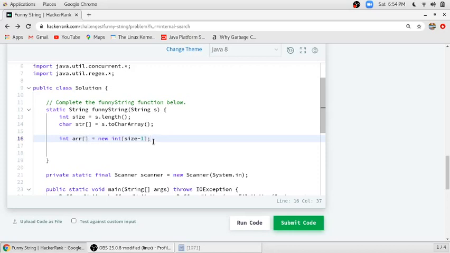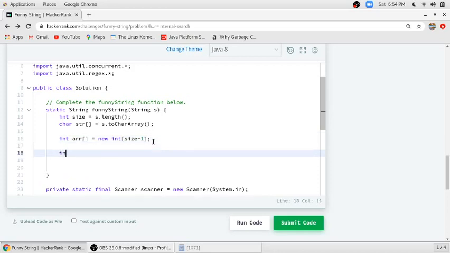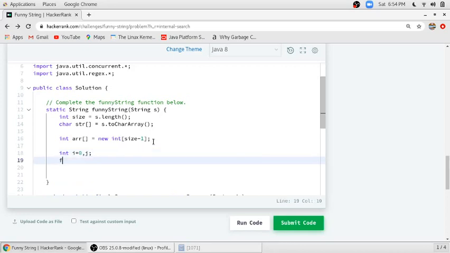After that we will take i equal to 0 for the for loop, and we will take j, which we will use in the second for loop. In the first for loop we will initialize our i, and this loop will run till size minus 1, and after that the modification, that is i plus plus.